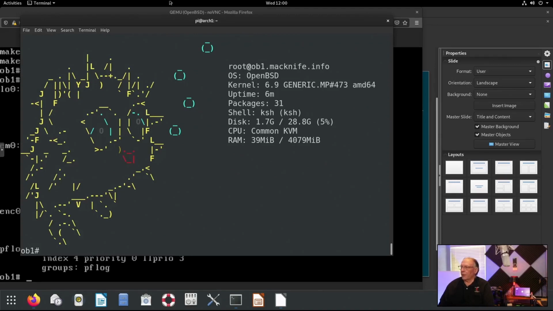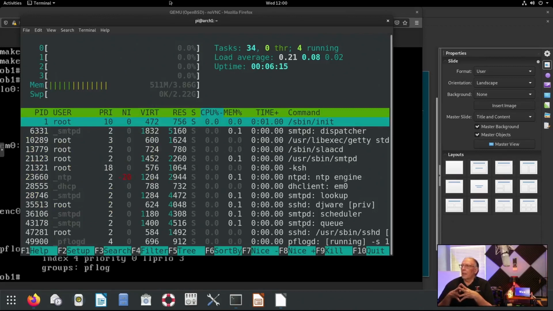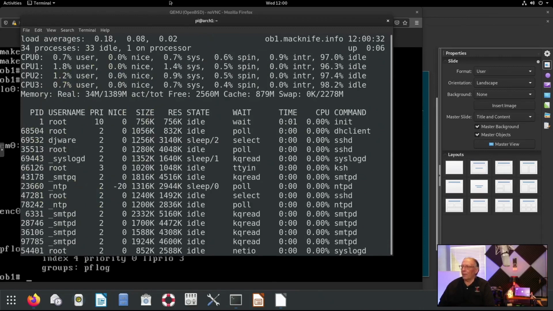31 packages are installed. Not a lot, not much. And then, whoa, yeah, the memory bug is in this one, 511 meg. I'm not believing that too much. Top is still saying 34 meg.